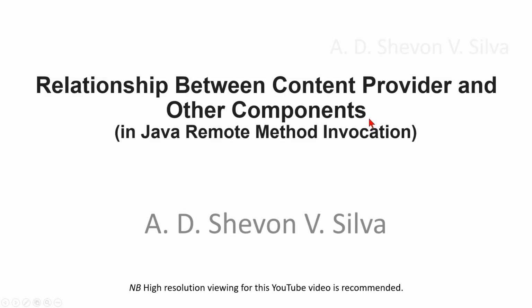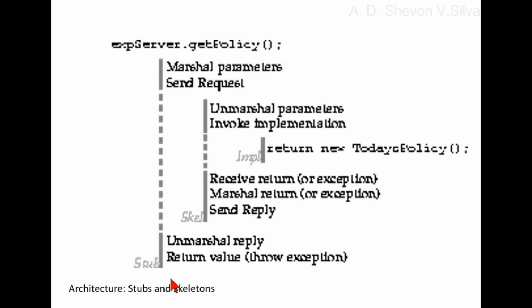Relationship between content provider and other components in Java Remote Method Invocation. Here you can see the architecture, basically stub and skeleton. The RMI system is designed to provide a direct, simple foundation for distributed object-oriented computing. The architecture is designed to allow for future expansion of server and reference types so that RMI can add features in